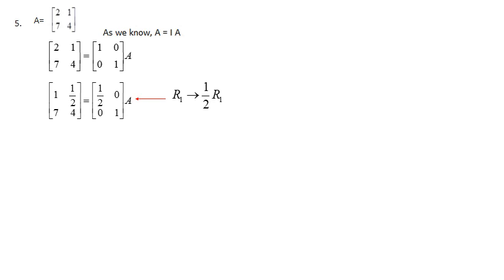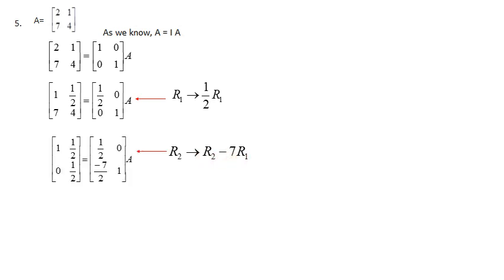Now we have to change the second row first element. This one we have to change to 0. Quite simple. 7 minus 7, if there is one more 7 here and we subtract, then it becomes 0. Simple. Just take R2, the first element 7 minus, here you have to make it 7. How to make this number 7? Just multiply by 7 here. 1 into 7 is 7. So R2 minus 7 into R1.